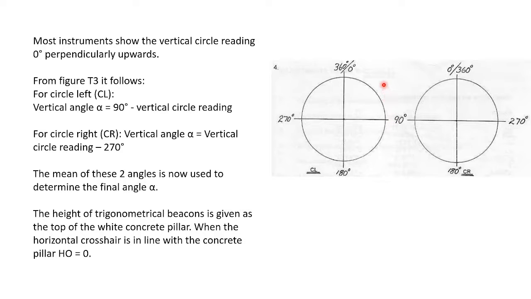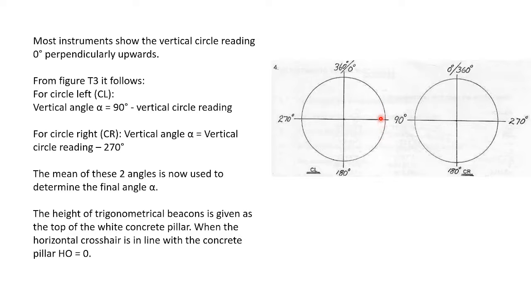If you look upwards, your angle becomes less because straight up is 0 and 90 degrees is in front of you. So picture yourself standing this side looking through your scope, and that's your 90 degrees. So when you look up, the value becomes less. If you look down, the value becomes more. So the difference of angle between this 90 degrees and where you are looking, that alpha value, is 90 minus